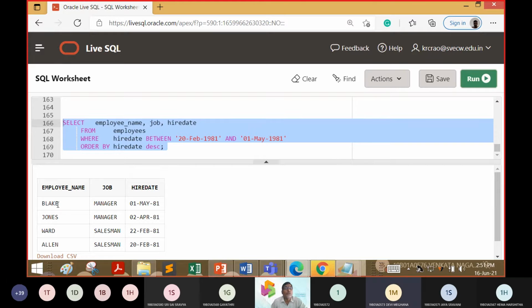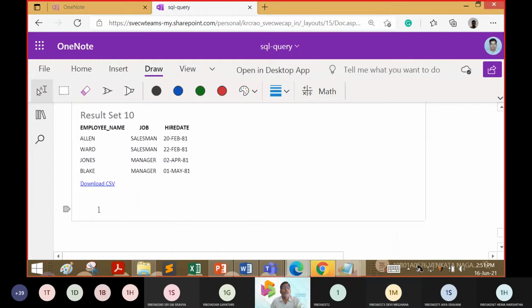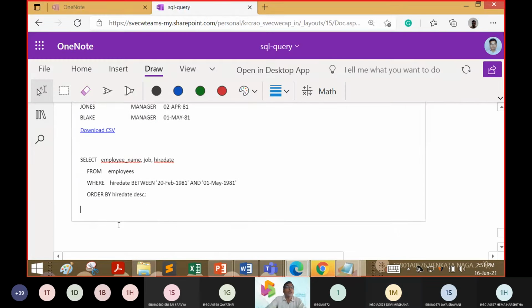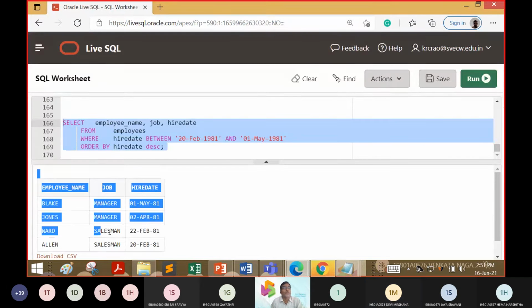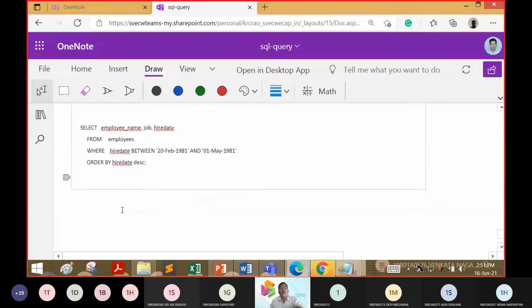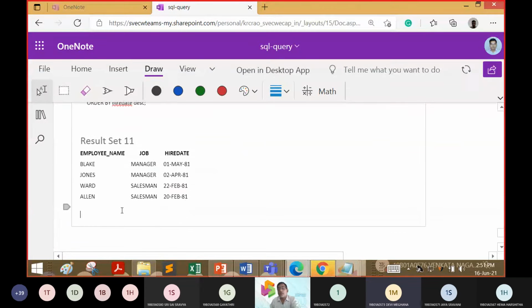You got Blake, Jones, Ward, Jones, Ward, and Allen. So the reserved word DESC should be added at the end of the ORDER BY. That is the only change in the query, nothing else changed. And we are still stuck on whether the boundary should be taken or not.